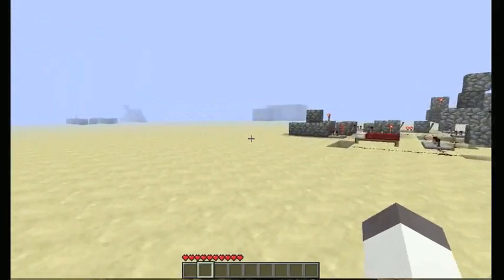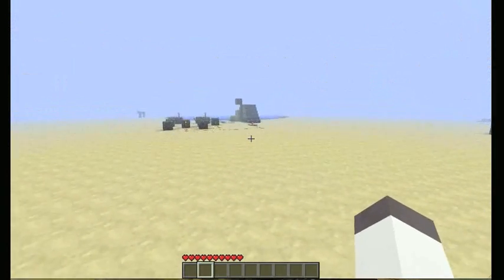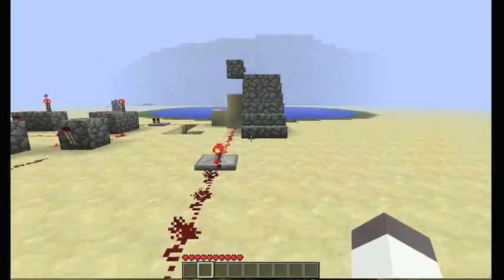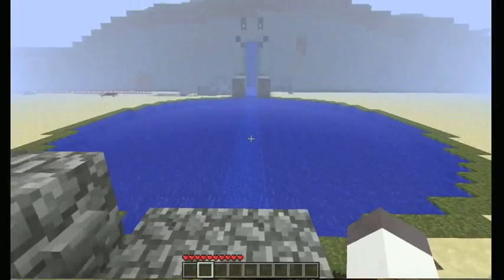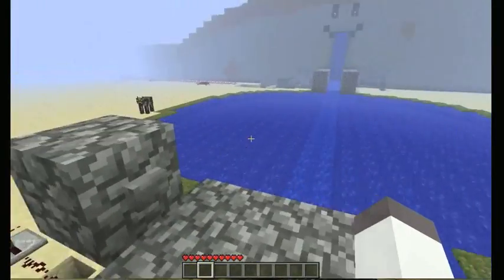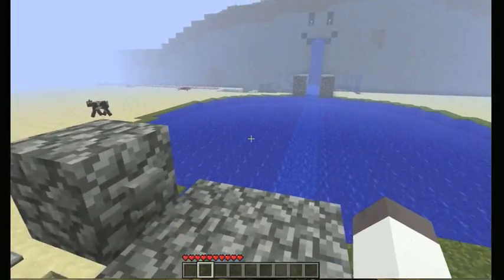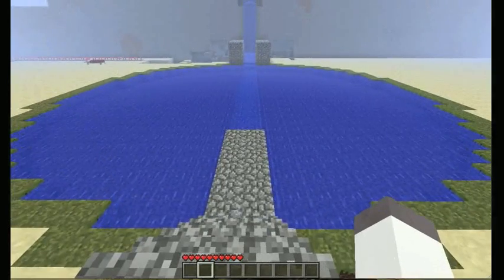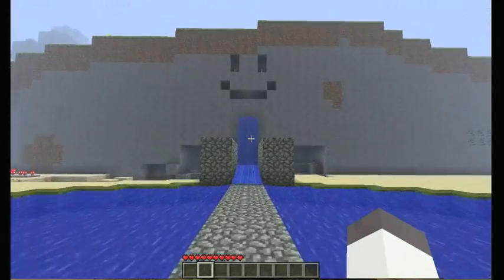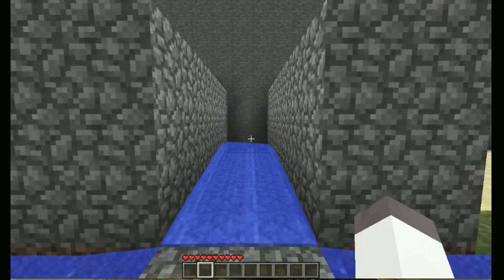Now, here is a build where I kind of put everything together in one thing. Good, this render distance is perfect. So, here's a lake. Kind of a small lake, and it's just in the middle of nowhere. But there's a waterfall coming out of a smiley face. And when you push this button, a path rises out of the lake. The smiley face's eyes turn off, and the waterfall starts going down. The waterfall starts to disappear. And then once the water is gone,